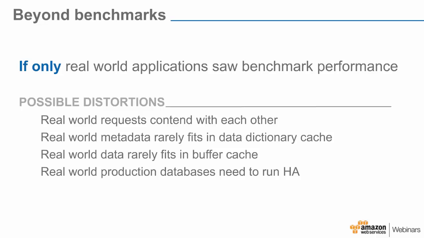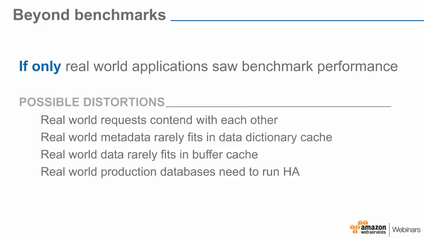So these are benchmarks, but the fact is that benchmarks don't really matter. I mean, if only you were able to see the values in your real-world application that were the same as in a benchmark from the various vendors, we wouldn't be looking at a new database. Why does it differ? There are a bunch of real-world distortions that happen that are different than what we talk about as database vendors. For example,